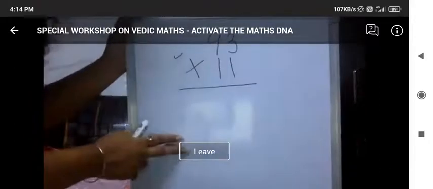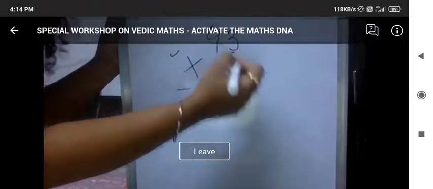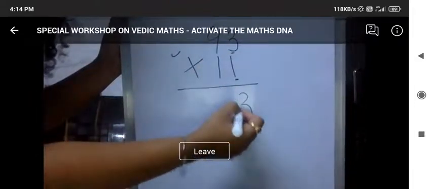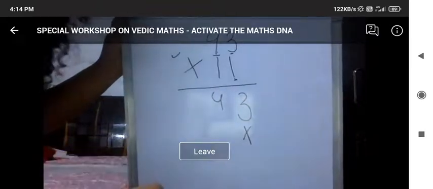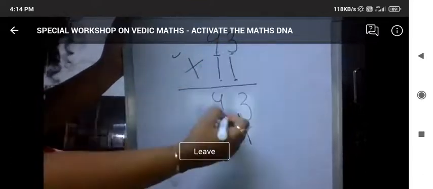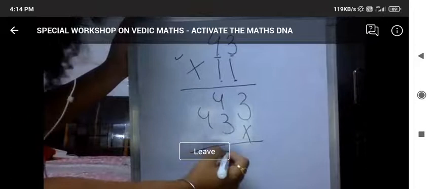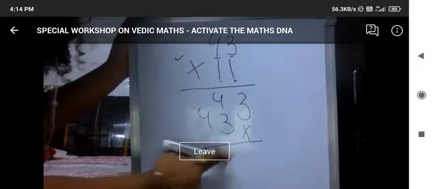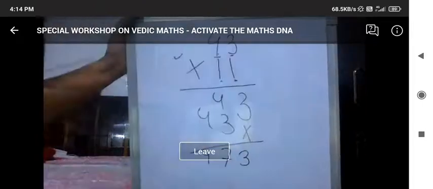How would you calculate this? See, how would you calculate it? Traditionally, you'll do 1 multiplied by 3. It will give you 3. 1 multiplied by 4 will give you 4. You'll put a cross to satisfy the tens place value. Going further, you'll multiply this tens place value 1 by 3, and you will repeat the step with 4, and you'll get the answer 473. Right? This is the traditional way.